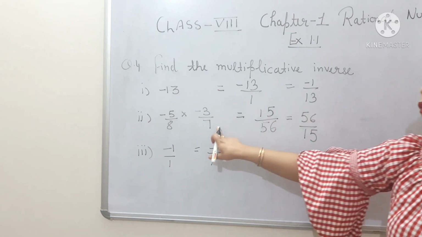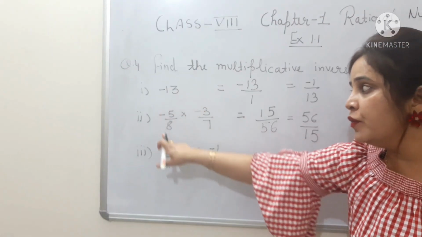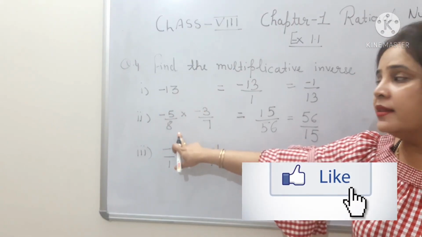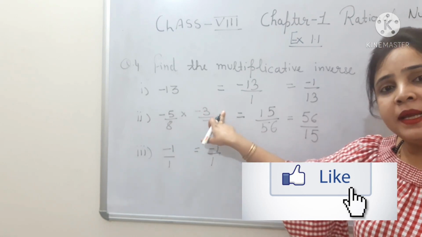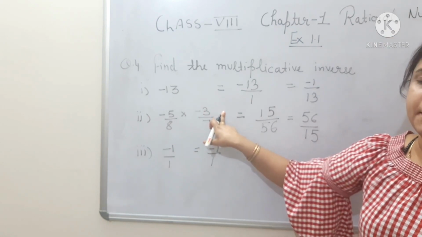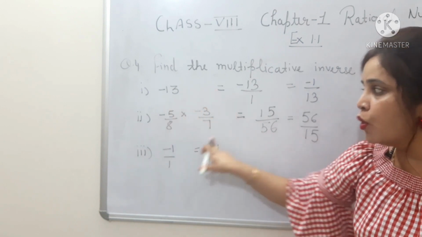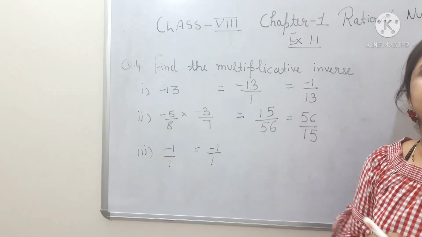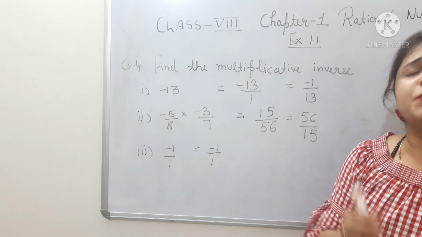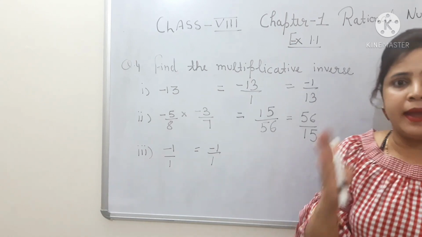And just concentrate over this question. In this question, you will not be just solving it separately. You will be finding the multiplicative inverse and then combining that. Firstly, you have to solve it and then you have to find out the multiplicative inverse of it. So before doing the questions, think one time.